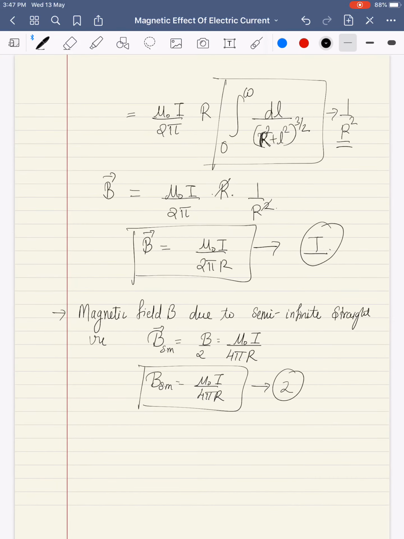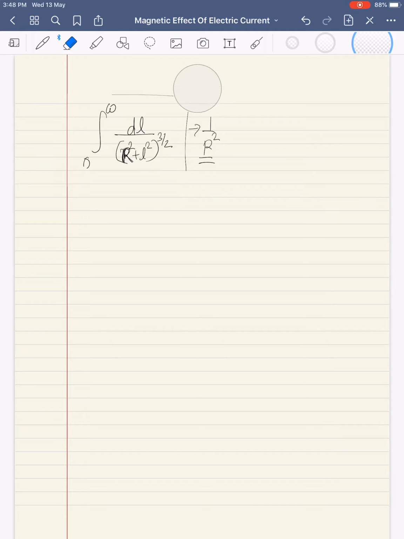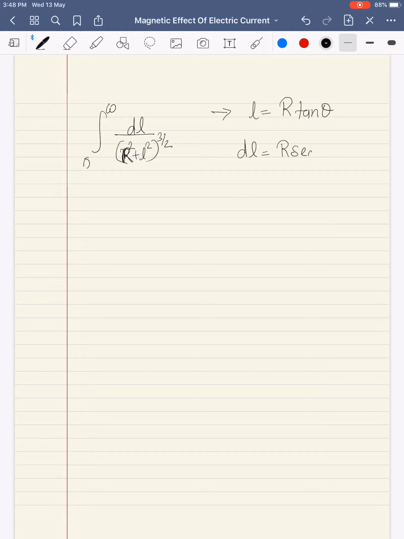Getting it clearly? Now look, how did you get this? Listen carefully. How did you get this value, that is, integration of 0 to infinity as the value of 1 upon r square? I am just telling you this for your understanding, just to let you know how it is coming over here. So what I'll consider is, let us say that L is equal to R tan theta. In integration, you perform this, right? If it is x square plus a square, then what do you substitute for x? a tan theta. So you will get dL is equal to R sec square theta d theta.